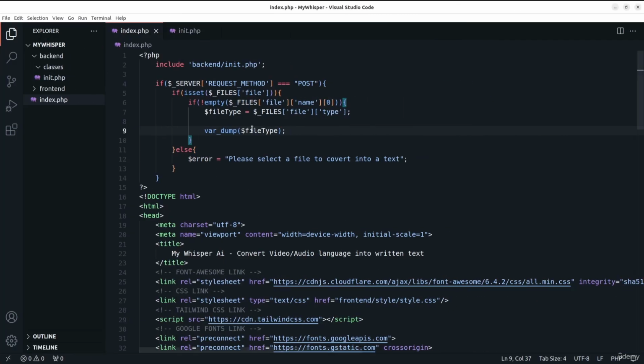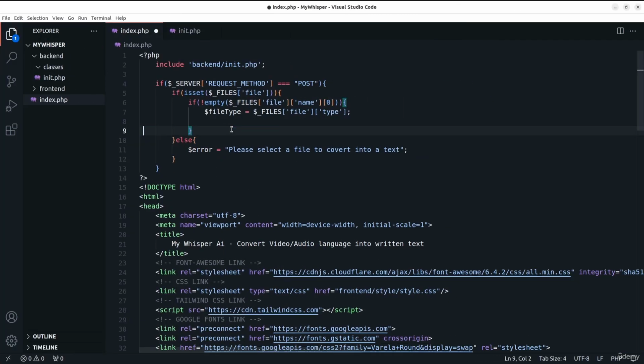So later on in the lecture, we can use this type to check if it's a video file or audio file. So we can update the type in the database, because we are saving the video file the user uploads, or audio file, in the project, also in the database, and we can use this type to store in the database. And now I think we are good to go for this lecture,